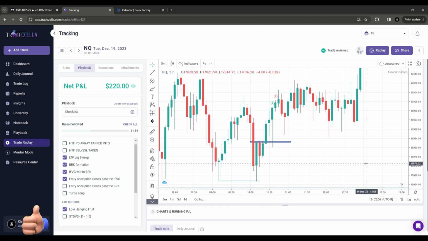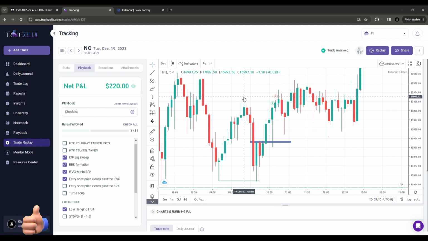Now, where was my entry? My long was at 987.25, right here on this wick. So I didn't enter at the close, which you could have entered once price closes here, and you could target